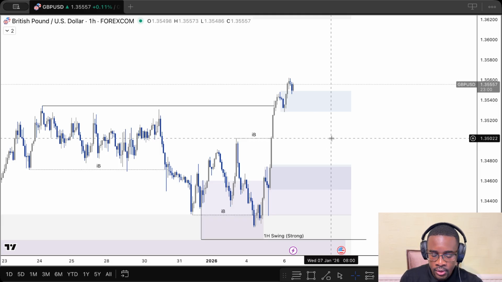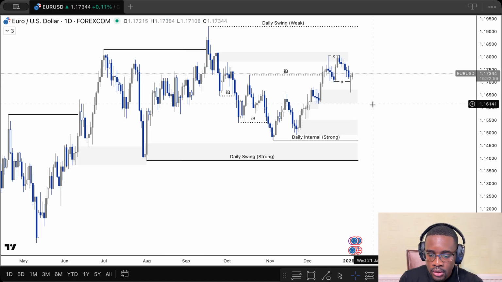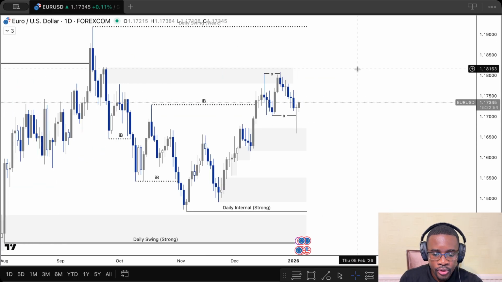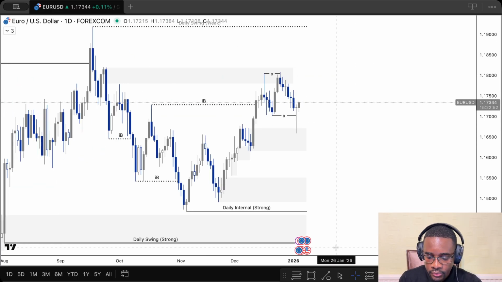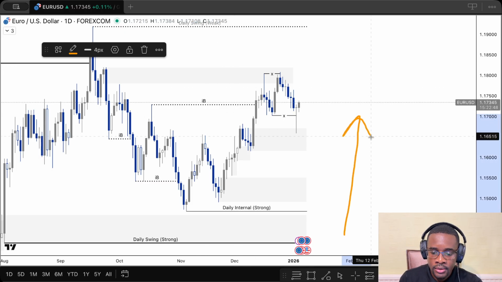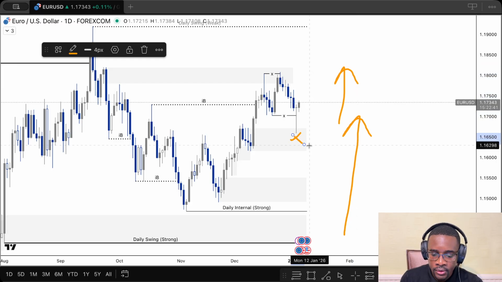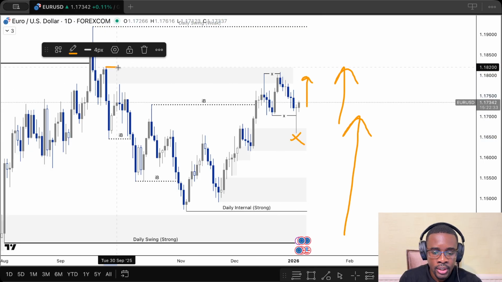So that's it for the pound. And then let's look at the Euro USD. The Euro USD is more bullish because the daily is bullish, swing internal is also bullish. We've mitigated a daily demand point of interest or demand zone, and now we're expecting that it will continue bullish to